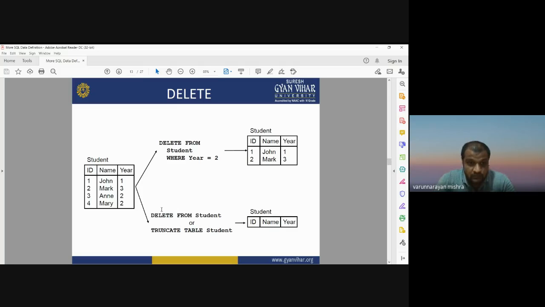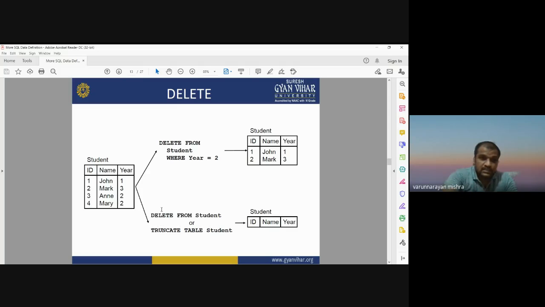We are going to delete only the year 2. So we will define delete from table name, where year is equal to 2. From the student table we are going to delete the students who are in the year 2.